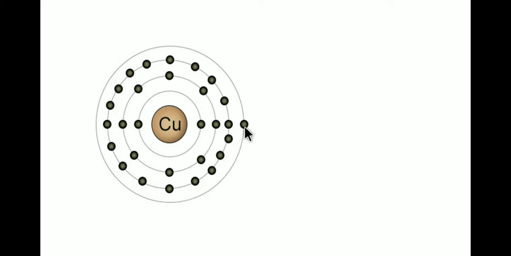Here you can see one of the electrons is extra, or we can say one of the electrons is alone at the outermost orbit. This is the outermost orbit of the element copper, and this electron is called the valence electron. This valence electron, which is at the outermost orbit, is free to move in any place because